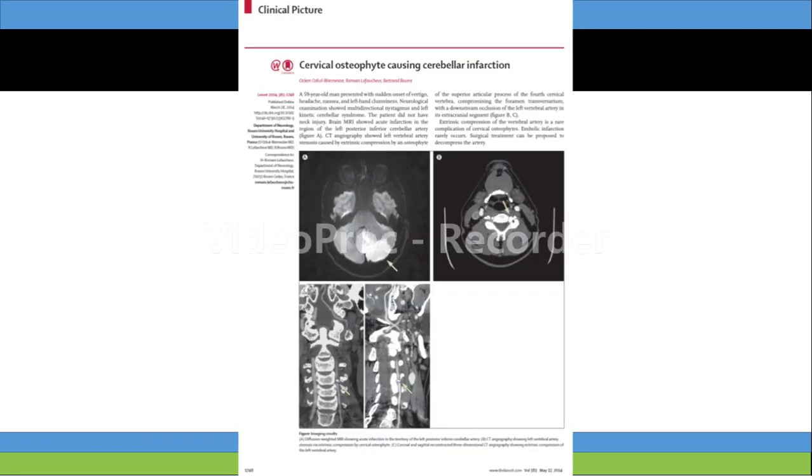This is from the Lancet: cervical osteophytes causing cerebellar infarction. Any one of us working in medicine, surgery, orthopedic surgery, neurosurgery, neurology, rehabilitation medicine, or physical therapy commonly sees patients with cervical osteophytes and cervical spondylosis. Look at this simple case report of around 100-word description and only 4 images. It is a large cervical osteophyte which caused cerebellar infarction because it impinged upon the basilar circulation. Again, a simple case report, but published as a clinical picture in the Lancet.